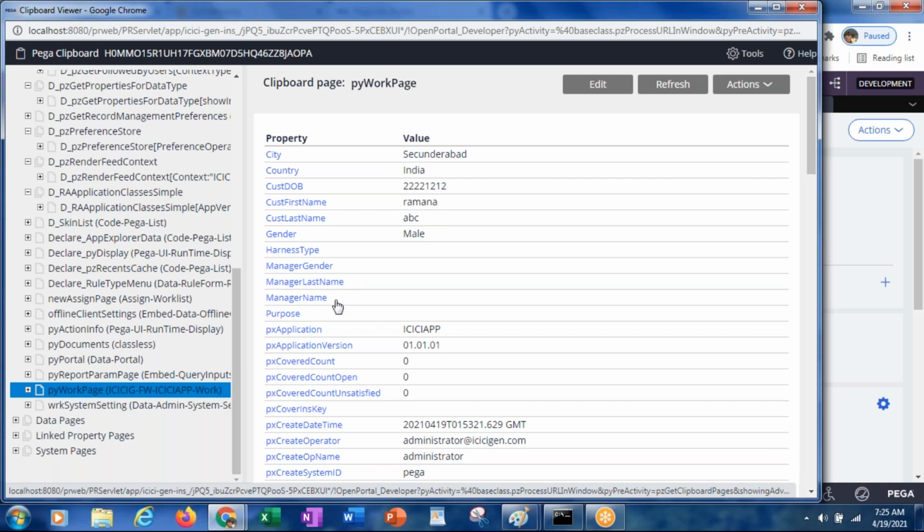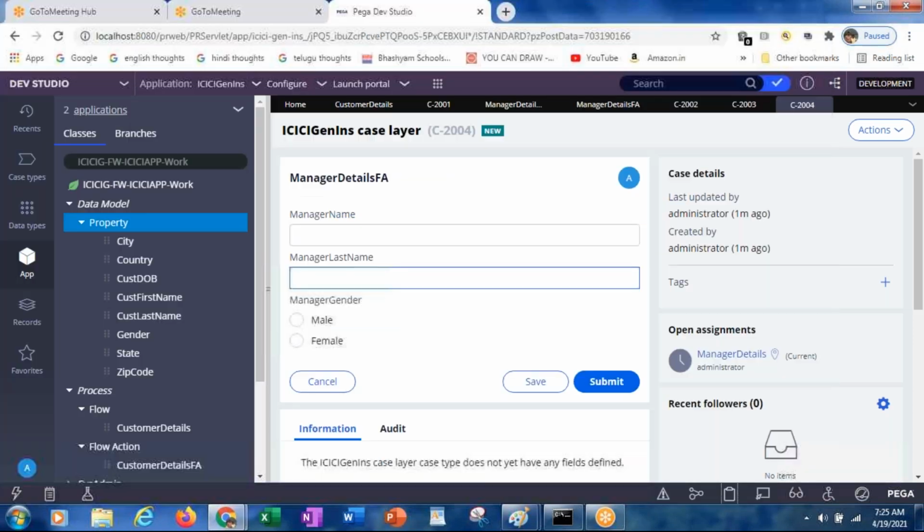But what about manager name, manager last name, manager gender? I have not entered them yet, so it doesn't have anything.